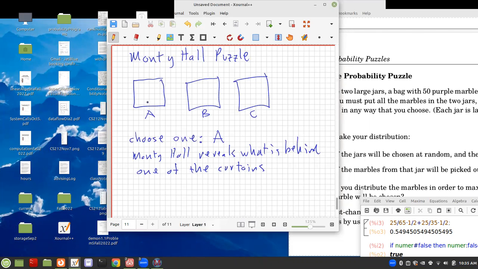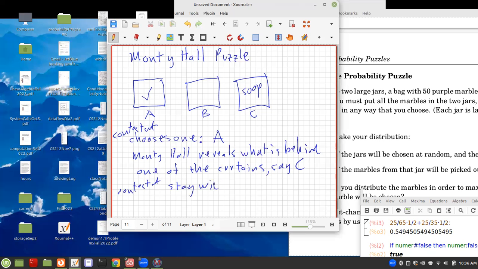So let's say the contestant chooses A. Then Monty Hall shows, say, C, and let's say there's a bar of soap. You know that there's a prize, say $1 million, behind one of these curtains. And so the contestant can either stay put, stay with A, or switch